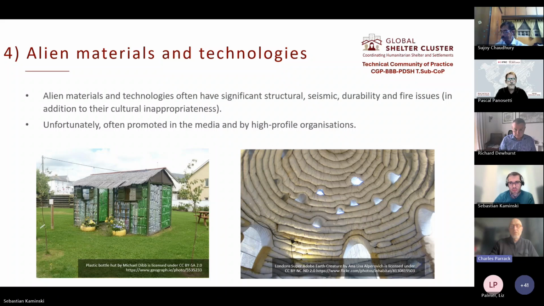Merci, Pascal. Thank you. Hello, everybody. Charles Parrock here, Centre for Development and Emergency Practice, Oxford Brookes University. Thanks to Seb for raising an issue which I think is very relevant to us, which is small, potentially locally led, changes which can have significant improvements in durability or seismic performance, for example. And I thought this is something which is very well worth exploring in more depth.